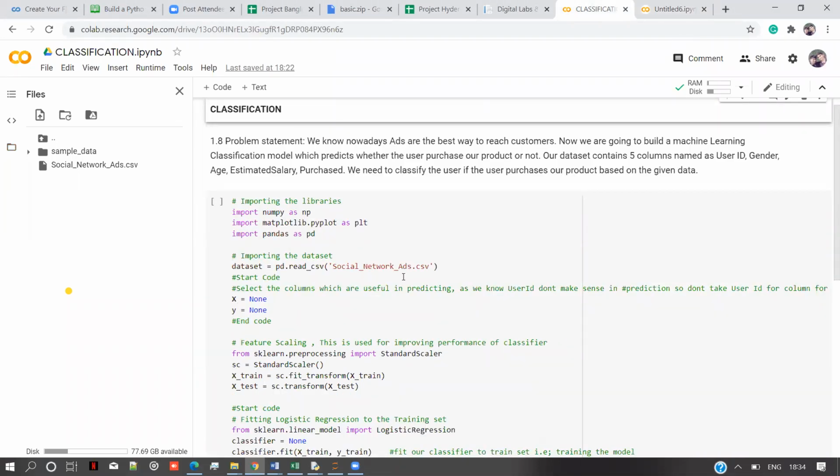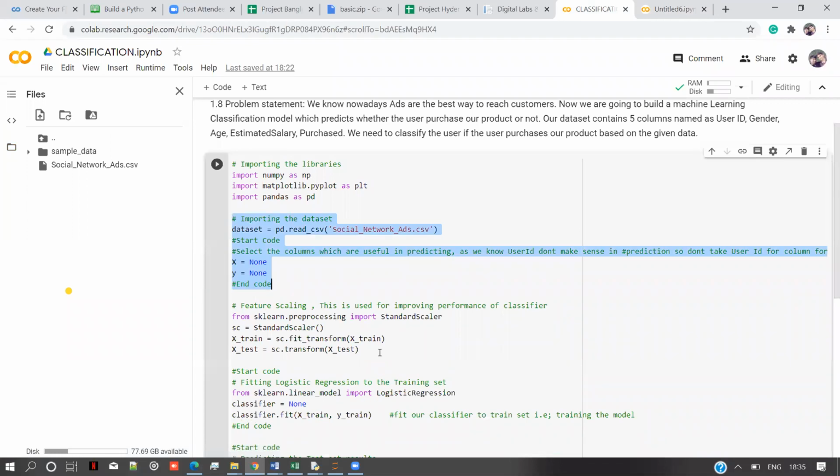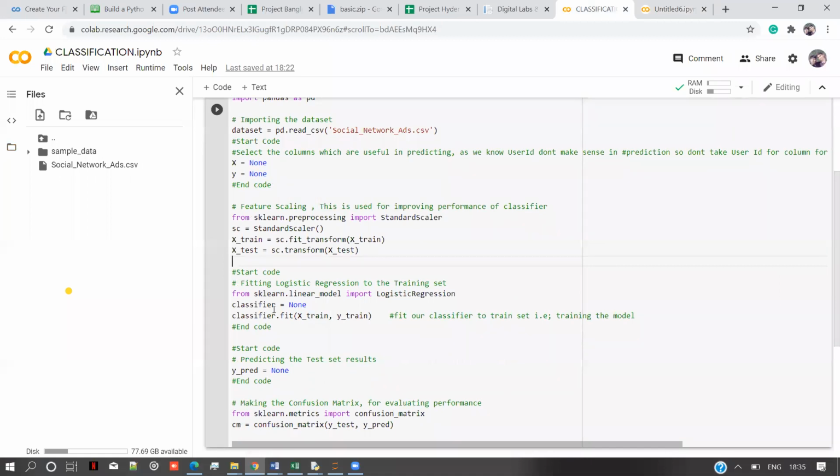In the classification template, we did this part of code and this part of code. Next, we have 2 more steps to complete our machine learning model, our project. First, we need to choose the regression method. We have so many regressions called logistic regression, linear regression, multivariate regression, decision tree regression, random forest regression. We need to import the right regression that we need. As I said previously, what we import is a class here. Logistic regression is a class and standard scaler is a class. We create an object for it and we'll fit with xtrain and ytrain.